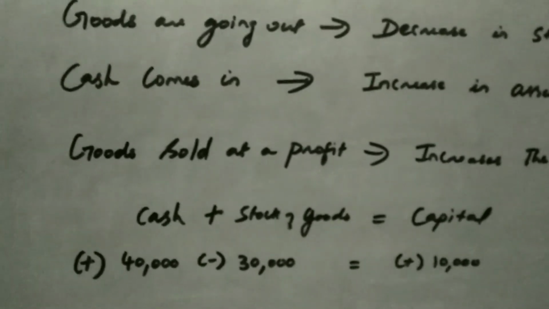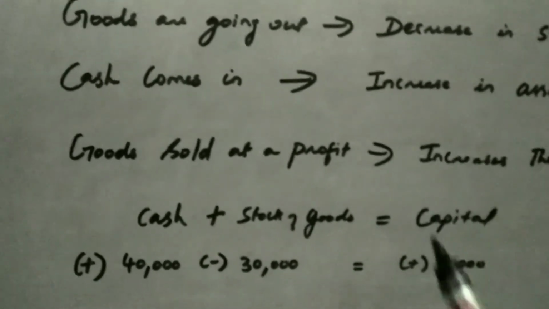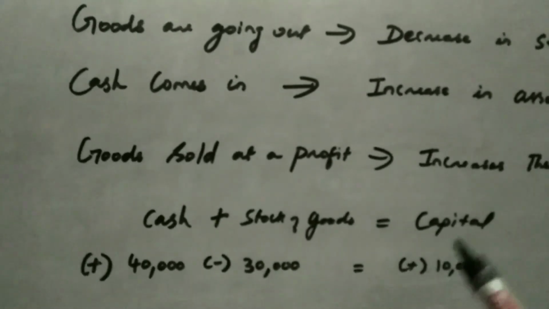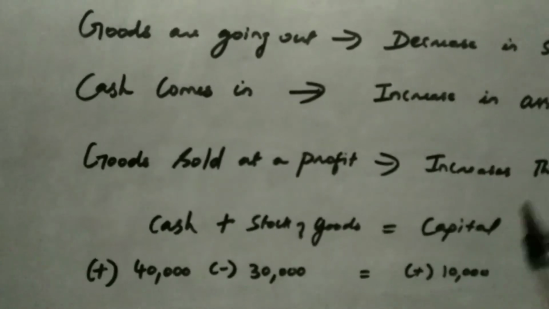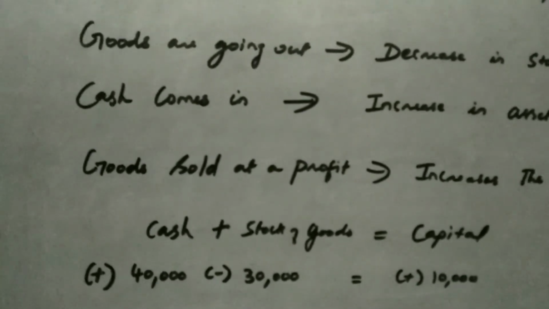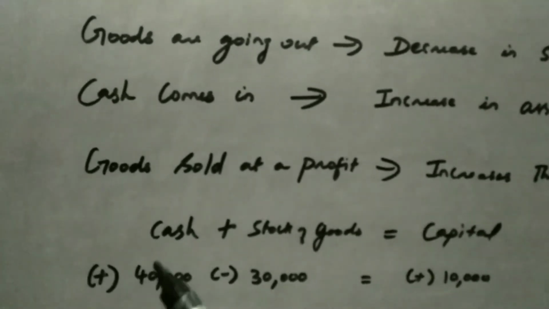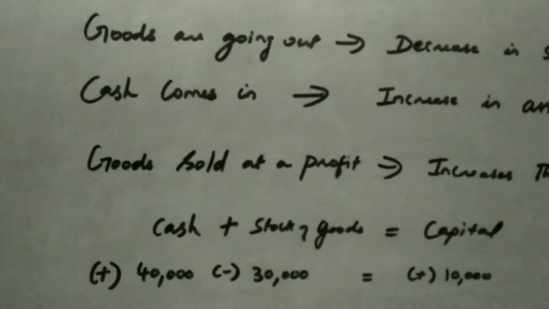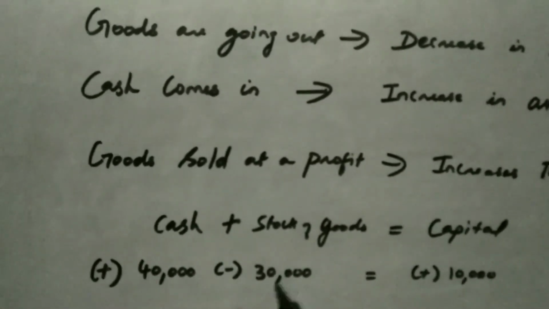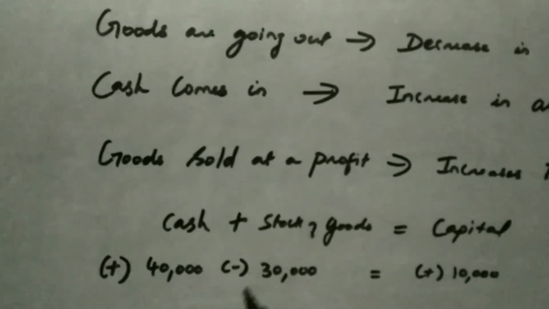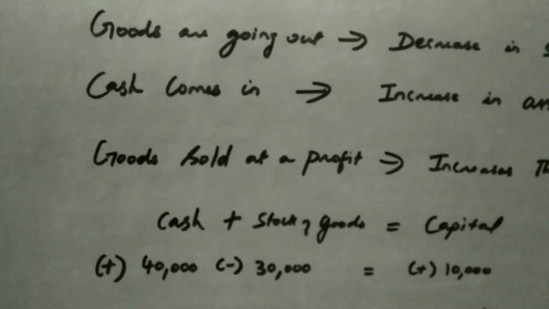Similarly, if there is any revenue, income, okay, so that income and gains will be added to the capital. Expenses and losses will be deducted from capital. In this case, we have a profit of rupees 10,000, which will be added to the capital. If we even look into the equation separately, 40,000 minus 30,000, 10,000. The 10,000 gets balanced with this 10,000. You able to understand this?